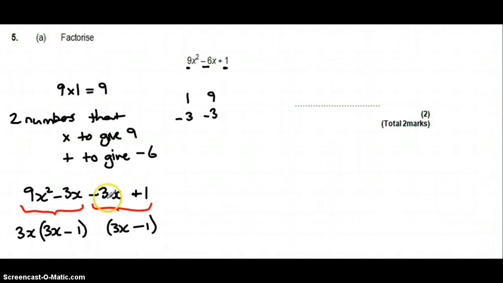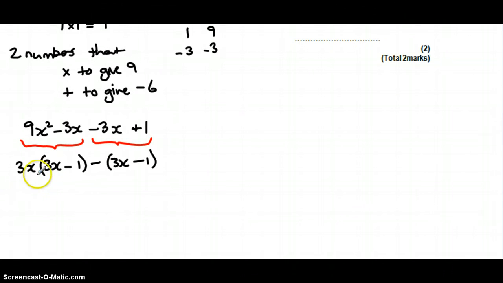You'll notice that it's almost the same as the one above, but the signs for the two terms have changed. So that means that it's going to be a minus there, because minus, if I just put in a 1, we don't normally write it, but if you imagine there's a 1 there, which is always the case, but we just never write it in, minus 1 times 3x is minus 3x. Minus 1 times minus 1 is plus 1. So that means we've got a 3x times 3x minus 1 and 1 minus 1 times 3x minus 1, and that can be written as